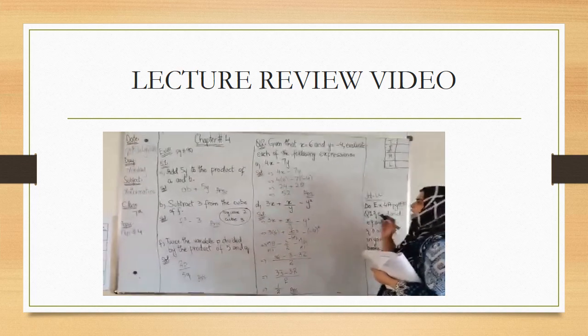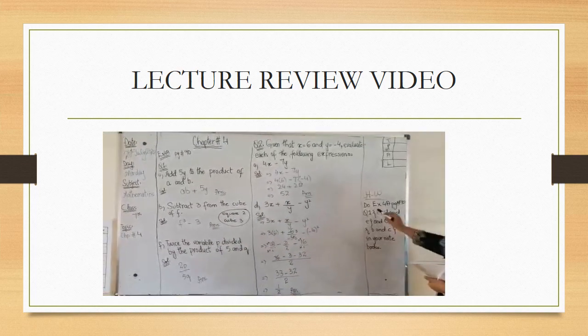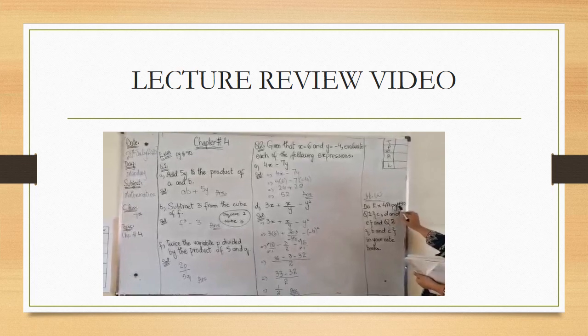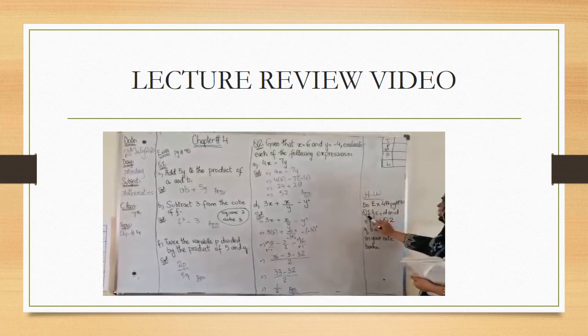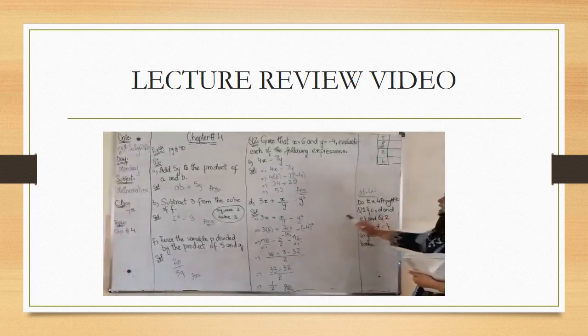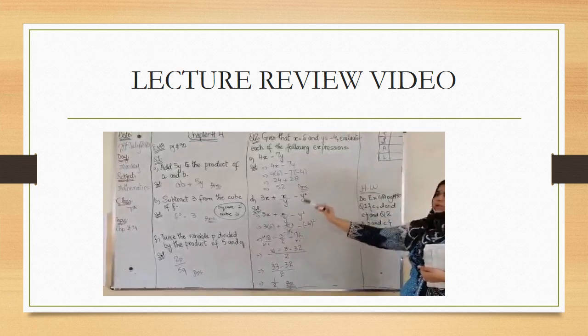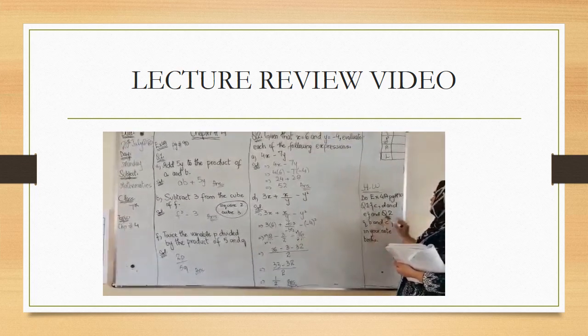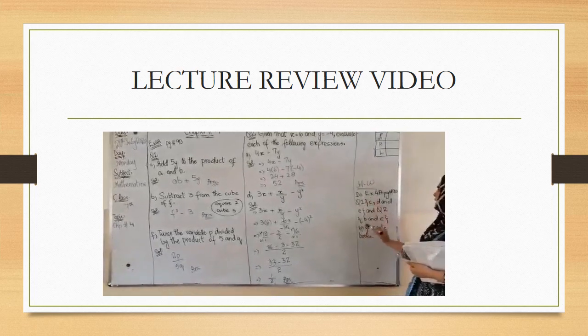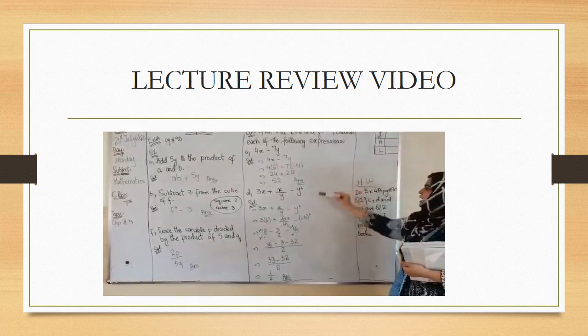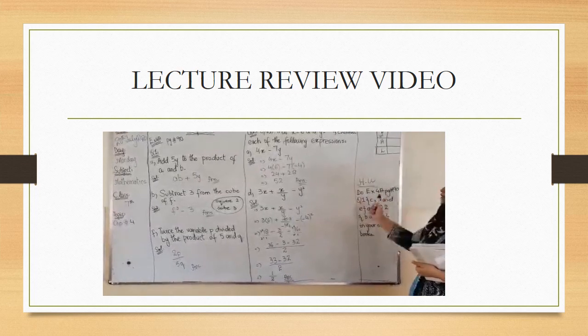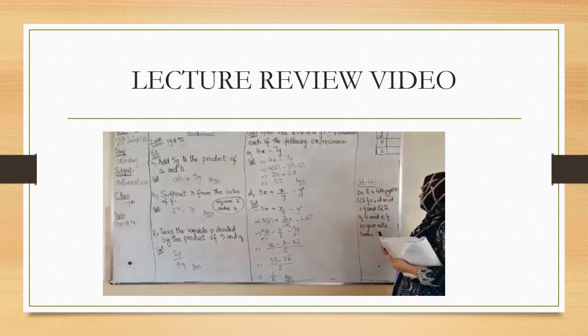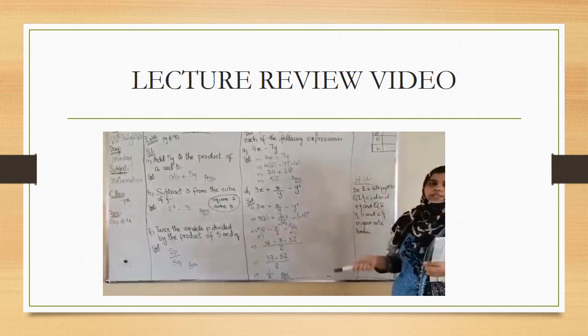Hope you understand it. Now for the homework, class, do exercise 4A, page number 90, question number 1, parts C, D, E. A, B and F I am completing on the board. You have to do parts C, D and E. And for question number 2, you have to do parts B and C. Part A and part D are done here. You have to solve all these in your notebook or register.